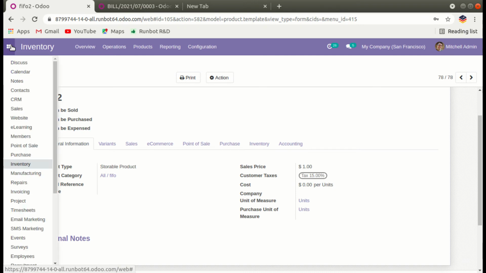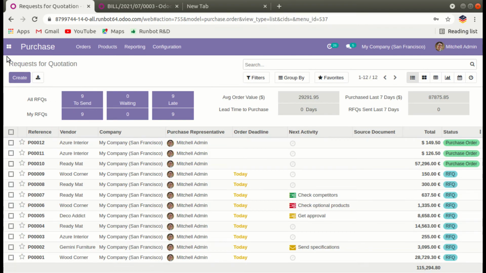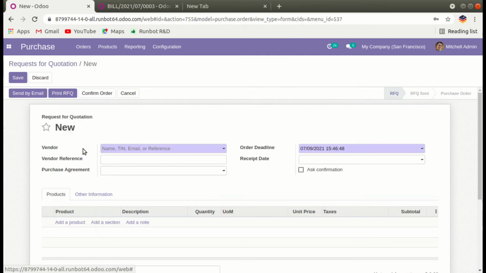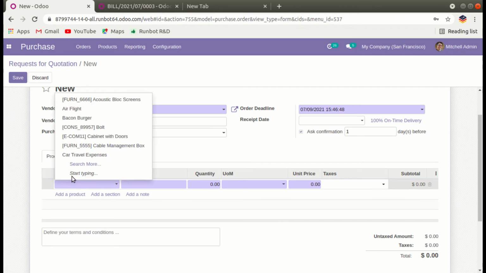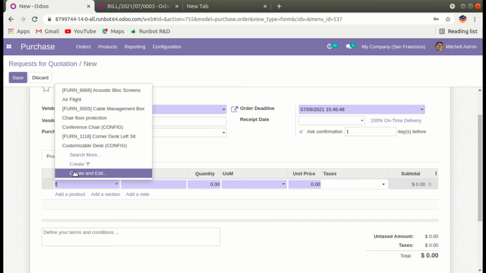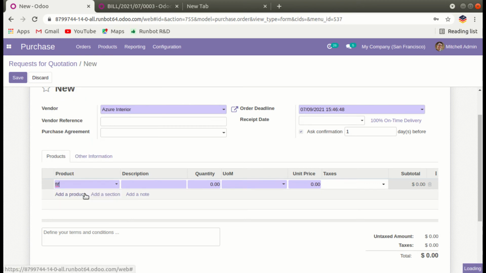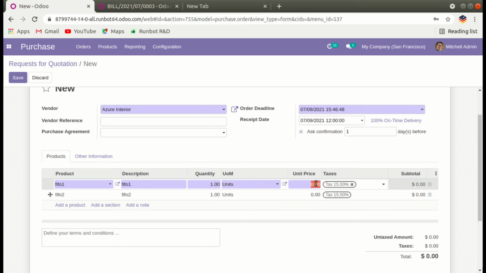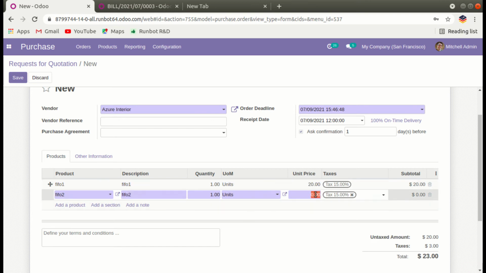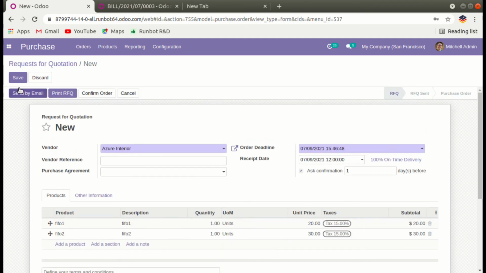Let's create one purchase order for these two products. So here we add our two products, and from here we can change unit price as 20 and 30. So let's save.